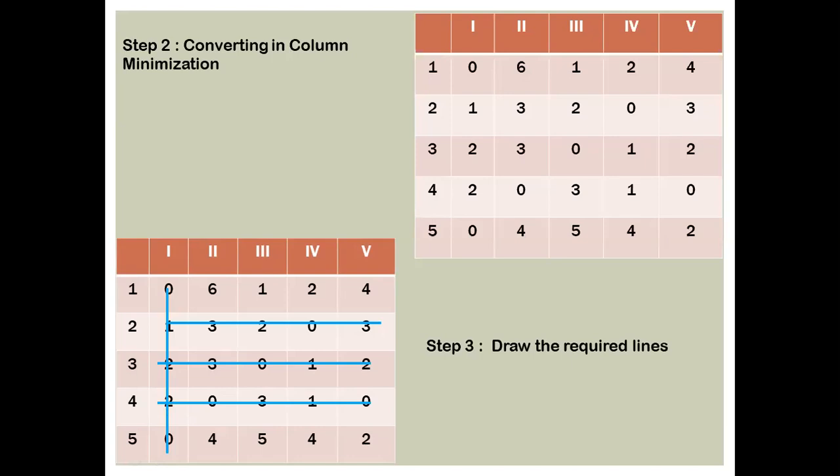Whenever you come across such things, you should always pick up the minimum number from the open elements. Now observe and tell me class, what can be the minimum number from the open elements? Yes, you are correct. The minimum number here is 1. Now what to do with this particular 1? You have to subtract this particular 1 from all the open elements, and you have to add this particular 1